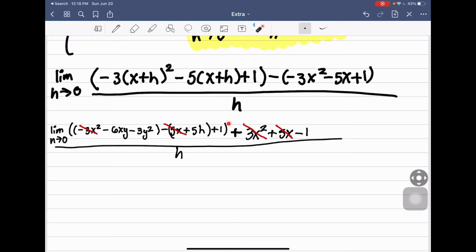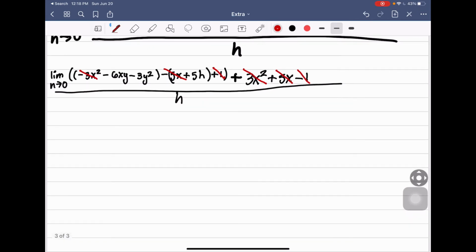Okay, what about the +1, -1? Don't need those. So now we're looking at the new and improved limit as h approaches 0 of negative 6xy minus 3y squared plus,